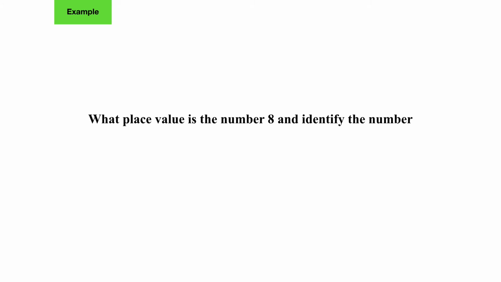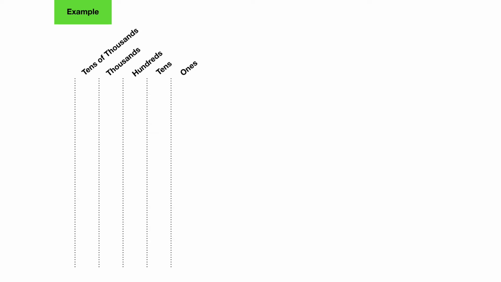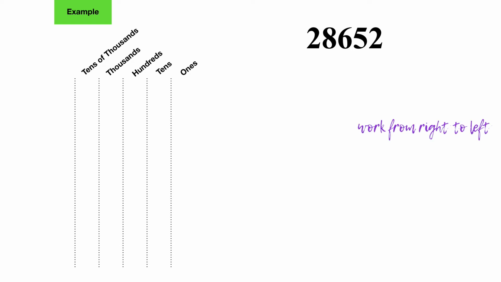Let's have a look at the following example. What place value is the digit 8, and also identify the entire number 28652. So let's go ahead and break up the digits of the number into their place values. So there's our place value table, and we need to break up 28652. So working again from right to left, I'm going to have 2 ones, 5 tens, 6 hundreds, 8 thousands, and